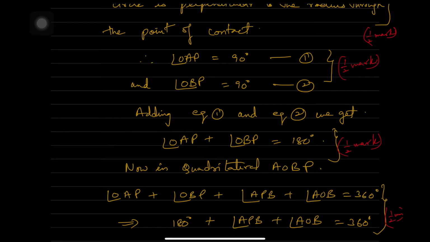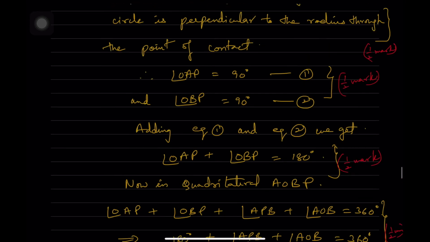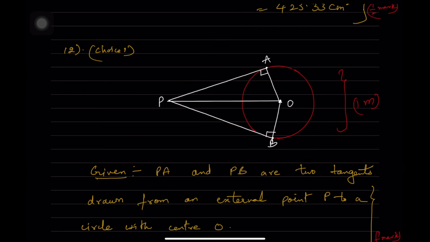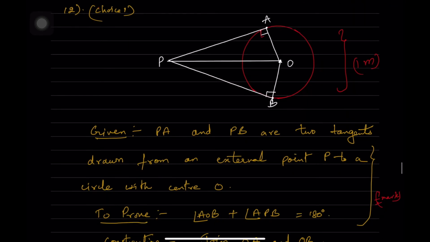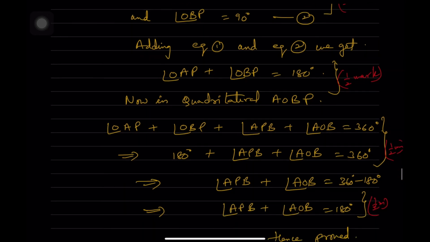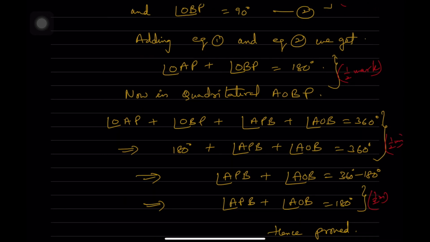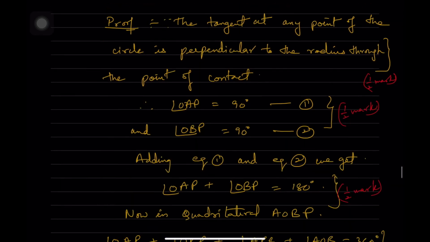So now in quadrilateral AOBP, all the four angles, if you are adding, that is angle PAO plus angle AOB plus angle OBP plus angle BPA, you are getting it as equal to 360 degrees. So which implies we have to prove that angle AOB plus